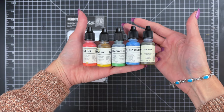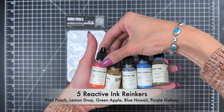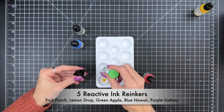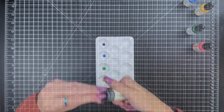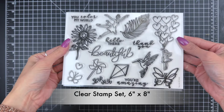The included plastic watercolor palette is both practical and versatile, featuring 11 wells ideal for watercoloring and mixing colors. Pair it with the provided reactive ink re-inkers, Fruit Punch, Lemon Drop, Green Apple, Blue Hawaii, and Purple Galaxy for a variety of techniques. Next up, we have the 6x8 clear stamp set, which showcases a collection of beautiful continuous